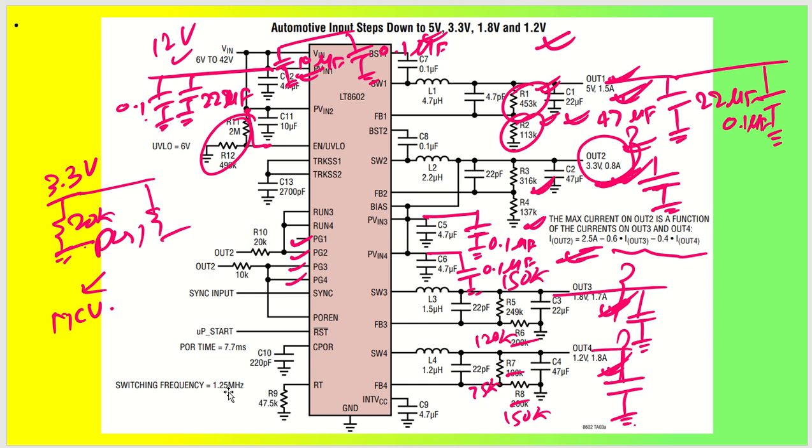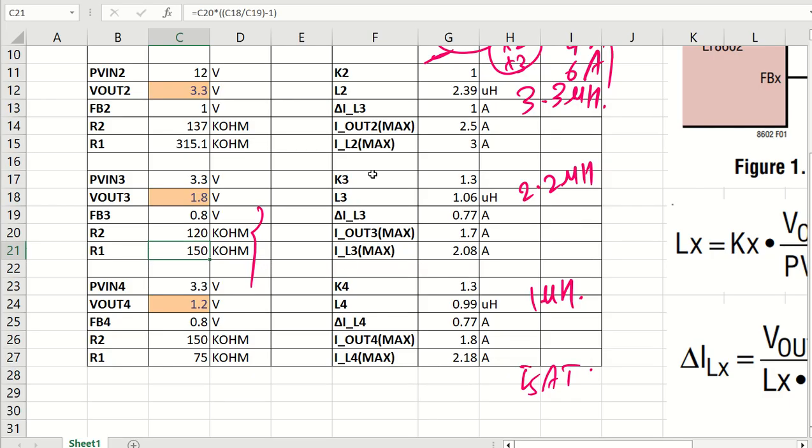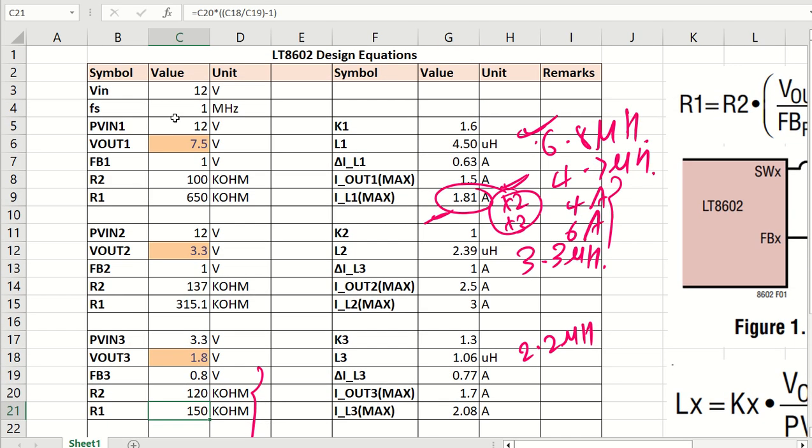If you want to decrease the switching frequency, then the inductor value will change accordingly. So you can utilize this particular sheet for your own switching frequency requirement, and accordingly the L values will change, the inductor values will change. Okay,